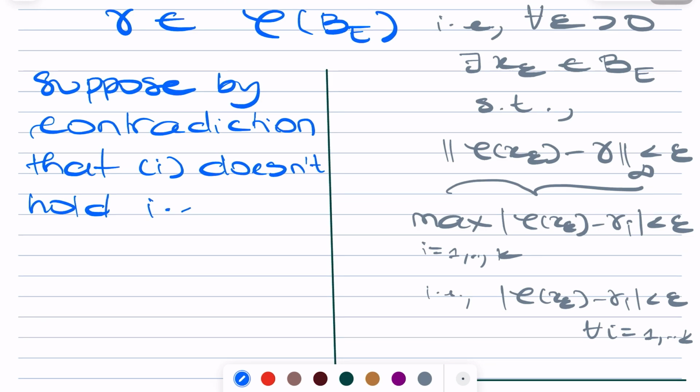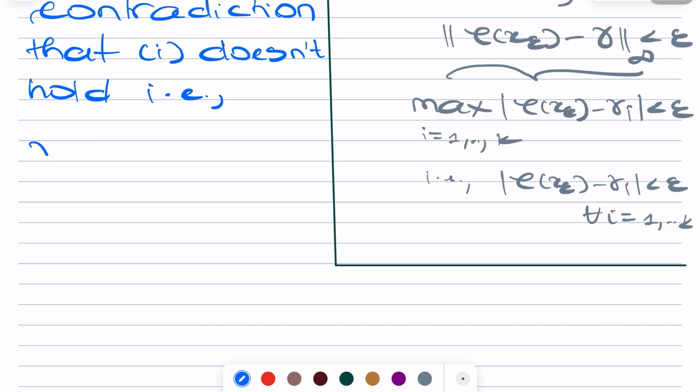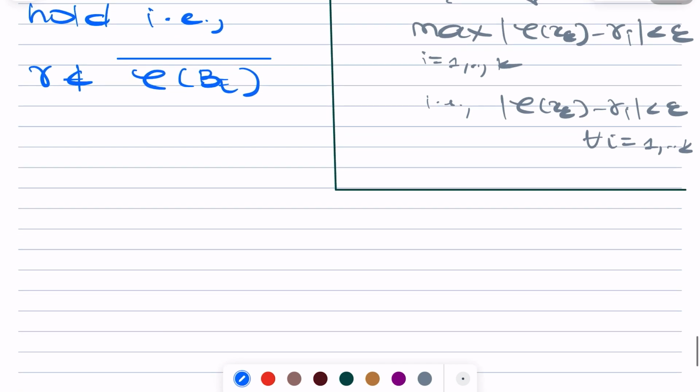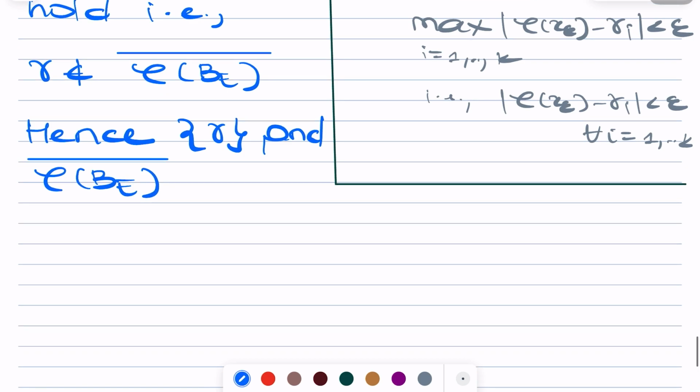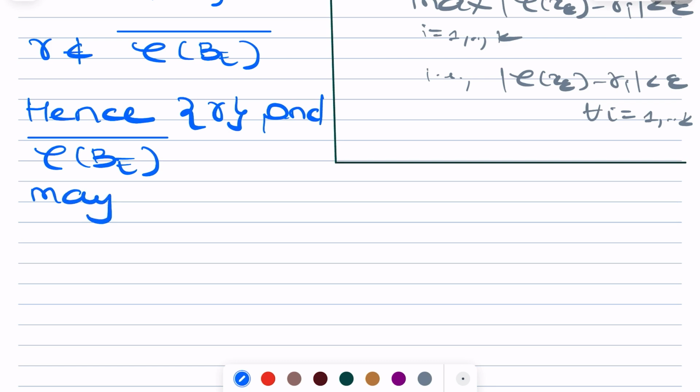I mean that gamma is not an element of the closure of the image of the closed unit ball. Hence gamma and this closed set may be strictly separated. This is where Hahn-Banach's second geometric form is used, strictly separated